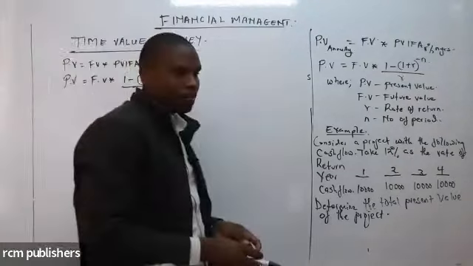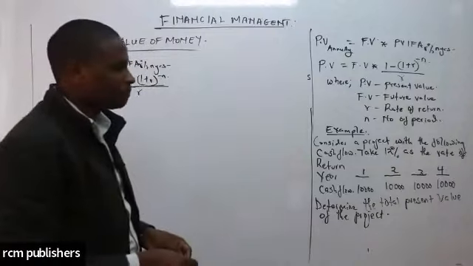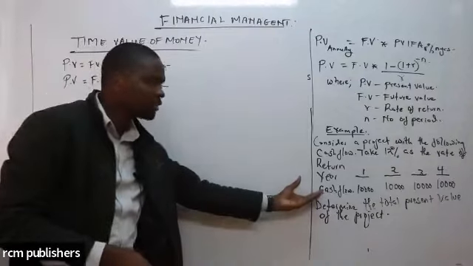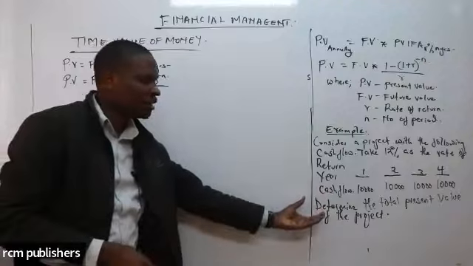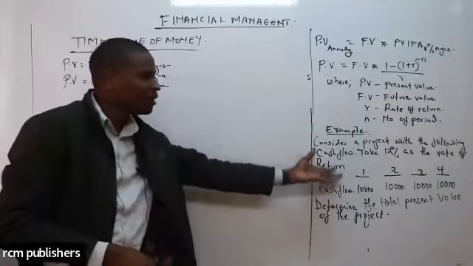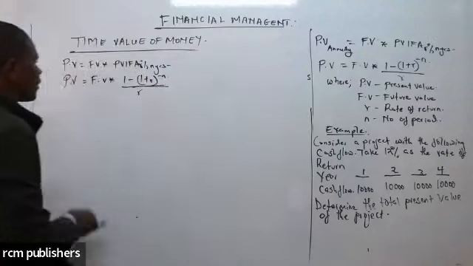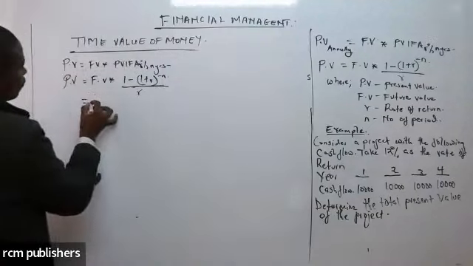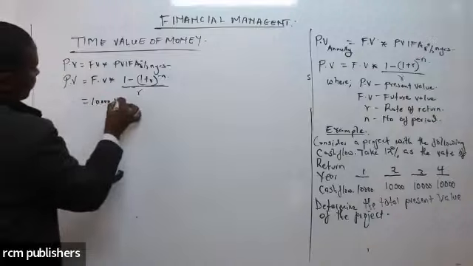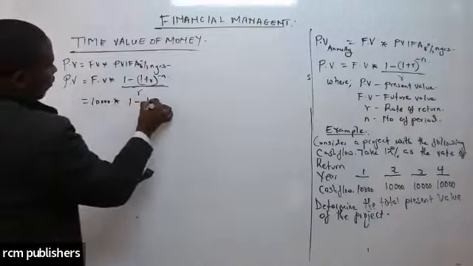Divided by R. The cash flows given here, if the examiner wants you to determine the present value, these cash flows are assumed to be what? Future cash flow. So this will be given by 10,000 times 1 minus